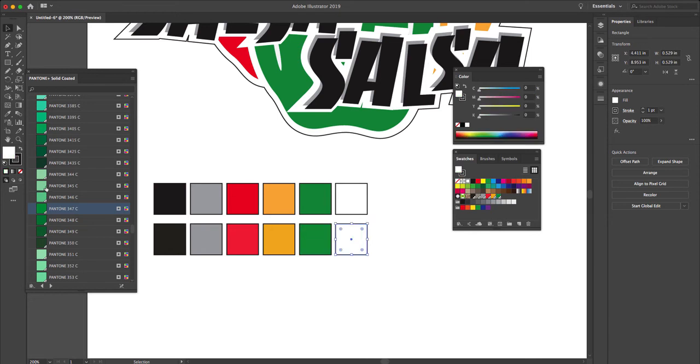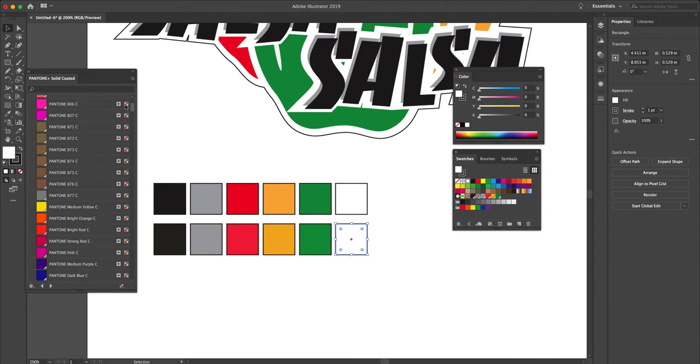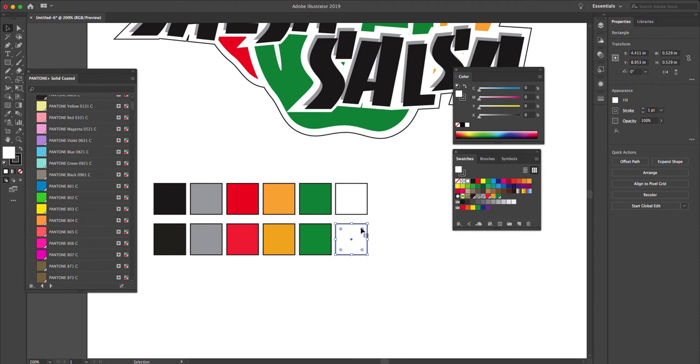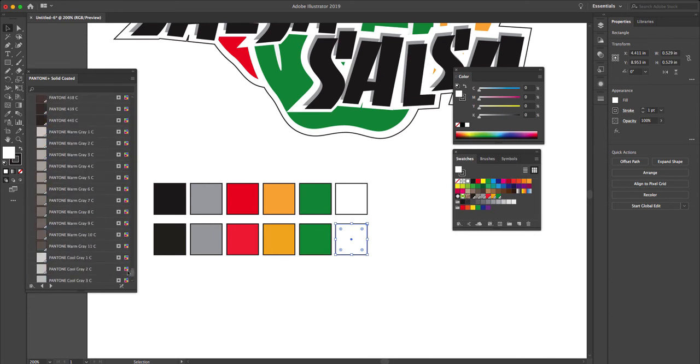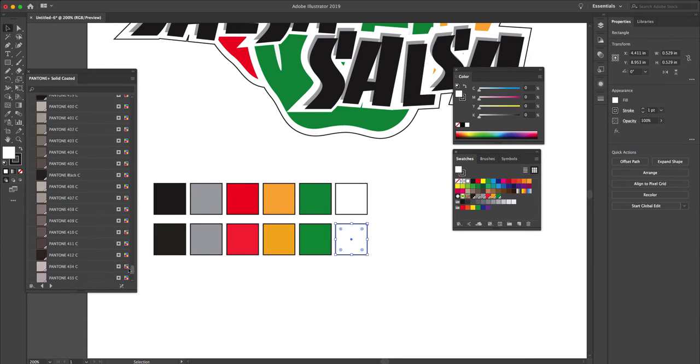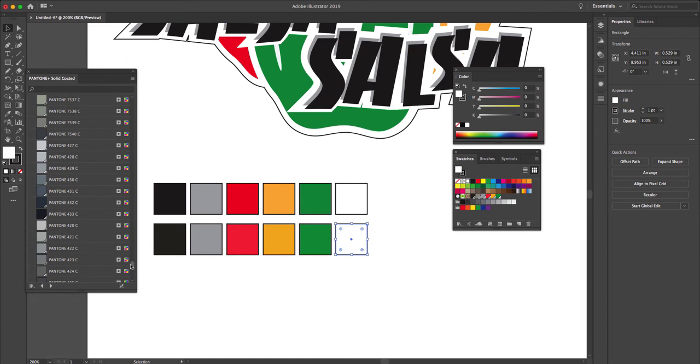And white. In reality, I don't have to worry about white because in this scenario, white is not a print color. Oh, I take that back. You know what? I could be printing this on a t-shirt. It could be a color. So I am going to scroll all the way down to the bottom and don't know that I'm going to have a bright white swatch. So I'm going to go ahead and